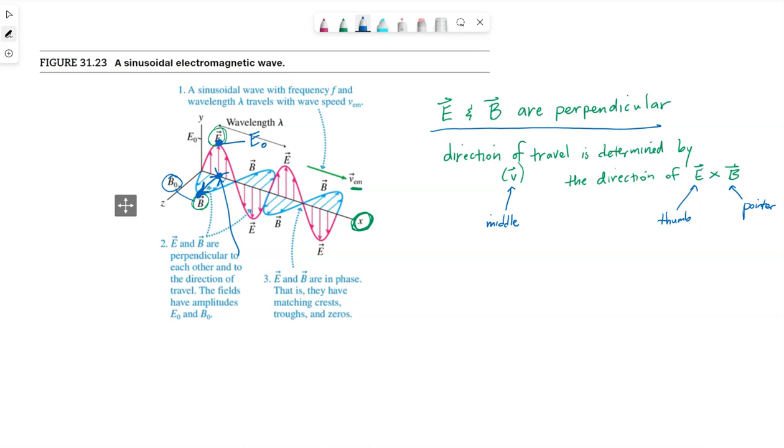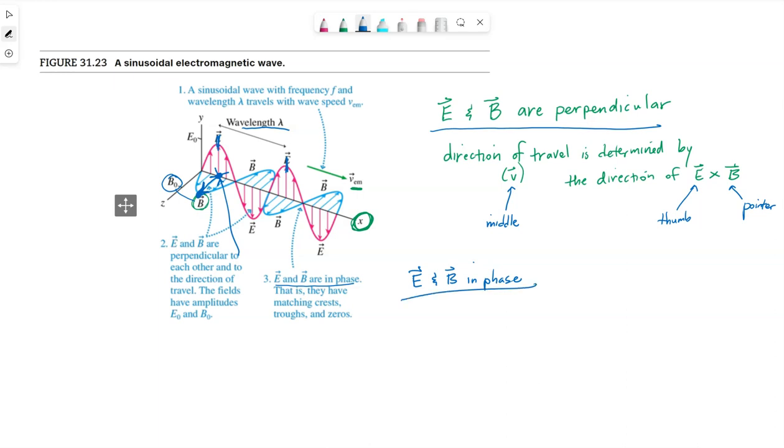Now, wavelength, if you recall from earlier in this semester, wavelength is measured peak to peak or trough to trough, any one point in the wave to that identical point the next time we reach that next point in the wave. Another thing to notice is that the electric field and magnetic field are in phase with each other. So E and B are in phase,